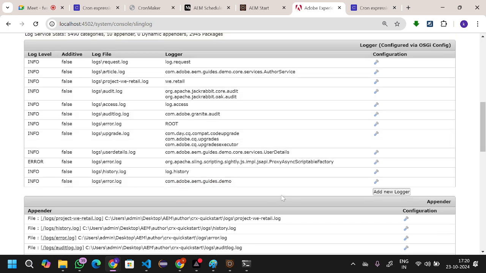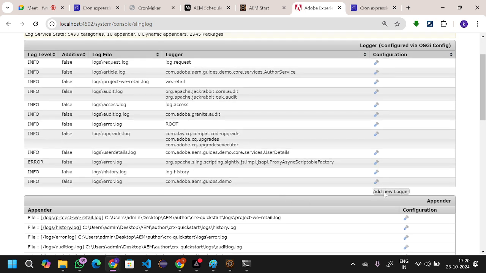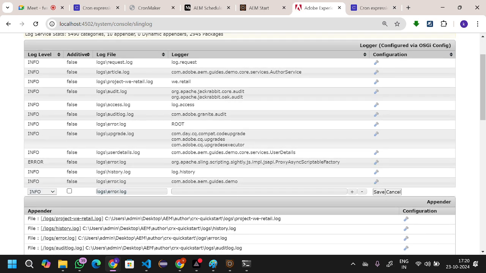Can reload, add no logger, and here you can mention the name, that is content expiry, or else you can mention content expiry. Okay, here you can mention the path. You can copy this path,